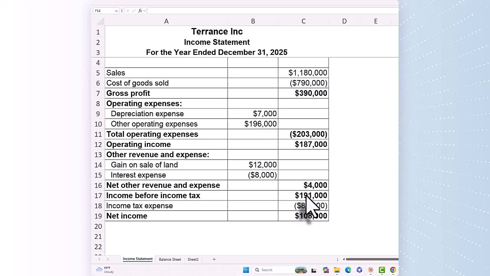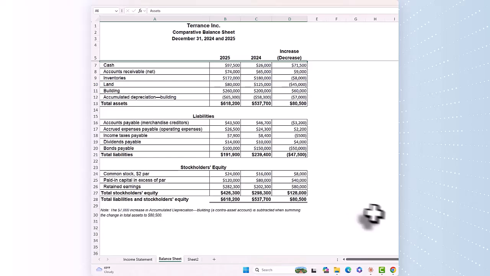We're being taxed on that whole amount, but the income tax expense is part of operations. So that's something that would stay in there. So that gives us the net income. That net income includes this gain on the sale of land, which is not part of operations, and it includes depreciation, which is not a cash expense. So we need those details in order to build out our statement of cash flows, but we also need our